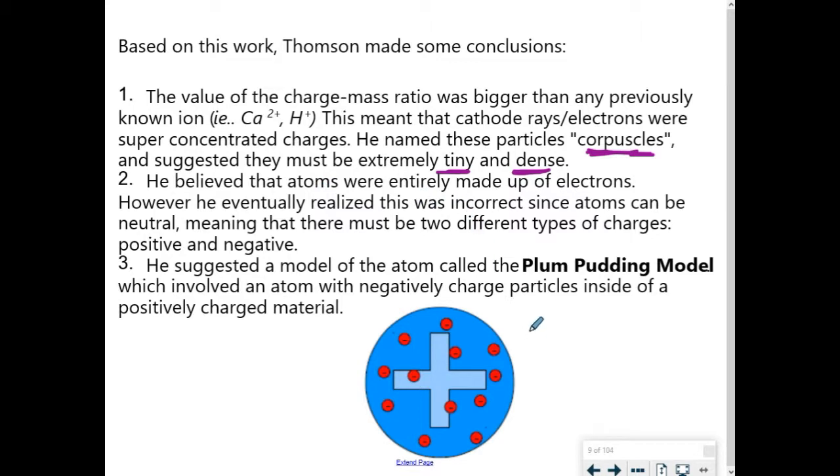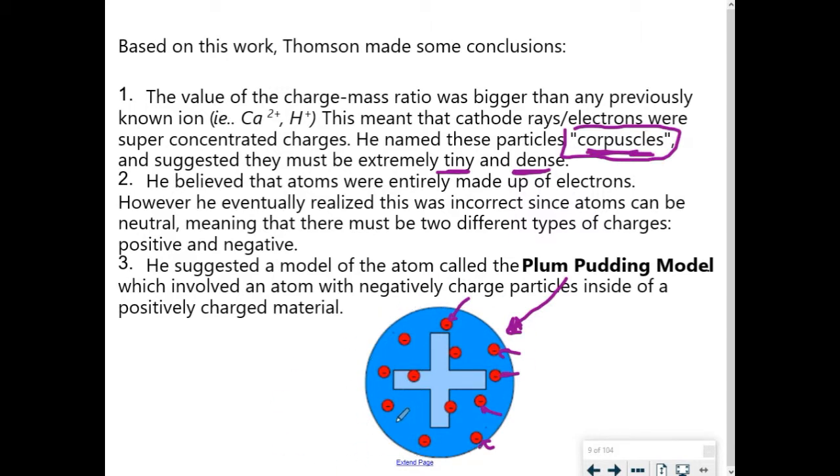And this is something you guys need to know for theory-wise. He came up with what he called his plum pudding model. You've probably seen this before. The way it works is that he suggested that there must be these negative bits inside of an atom. The evidence he had for it was the fact that he had these corpuscle-like particles that he could then deflect. And he knew that they were exceptionally tiny because he found the charge to mass ratio of them. So he knew they must be smaller than the smallest everything discovered up till then, and this led to his